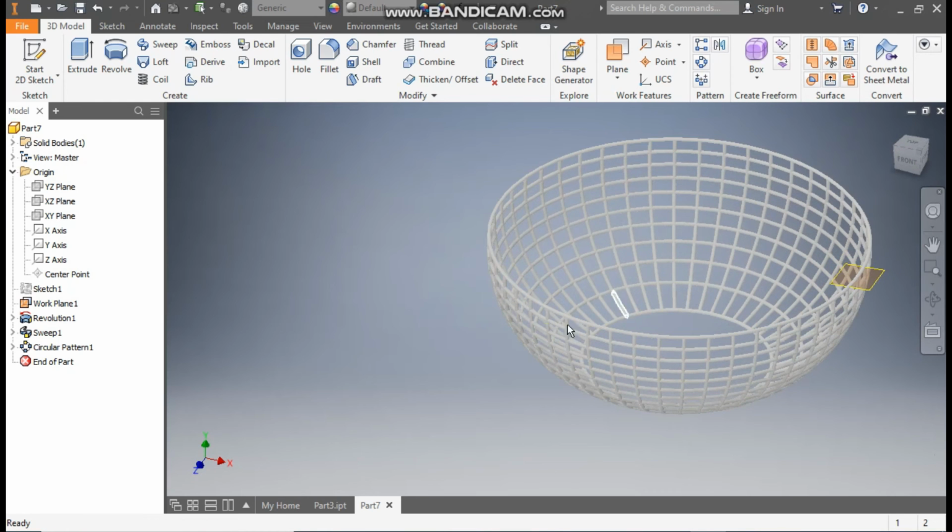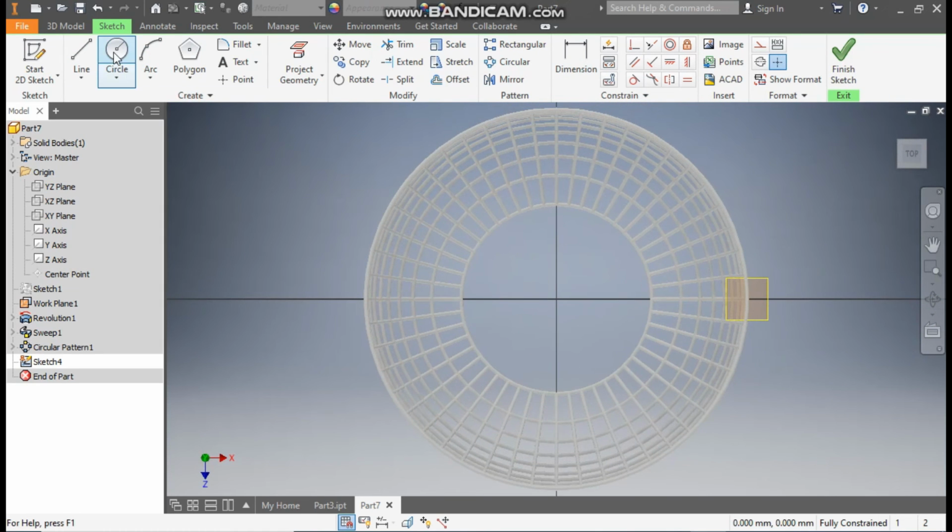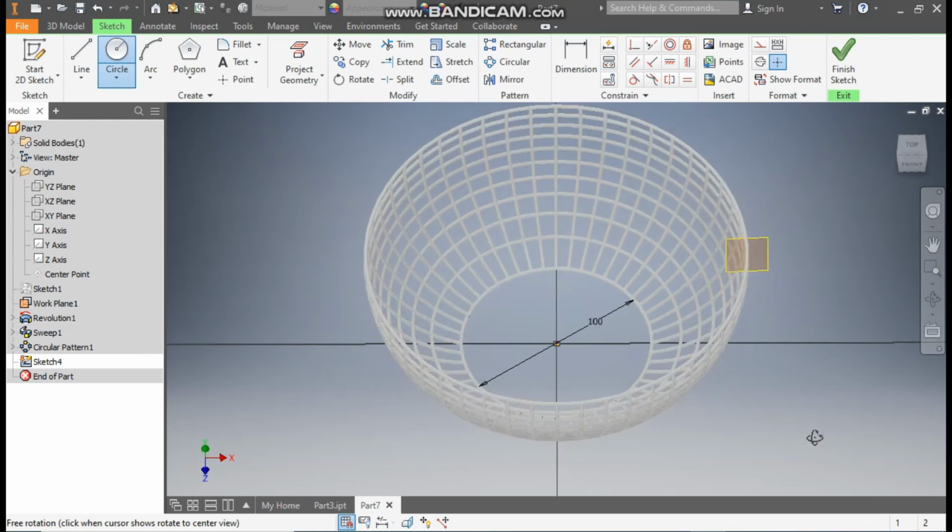Now as this is open from the bottom, to close the profile, we'll click on the exit plane, go to create sketch. This will be the base. Go to circle command. From the center point, make a circle of diameter 100 mm. Okay, rotate the view,